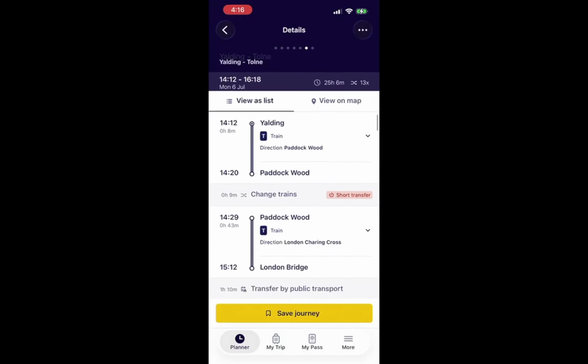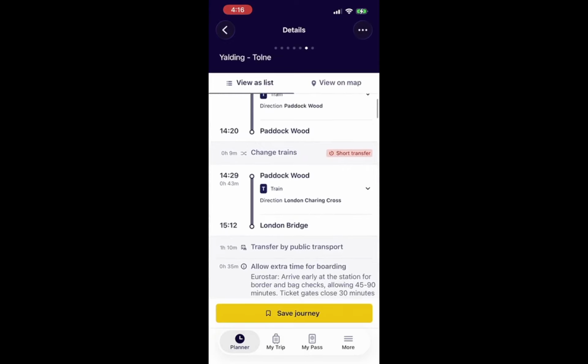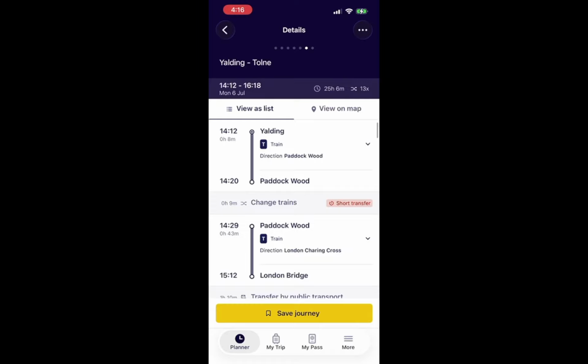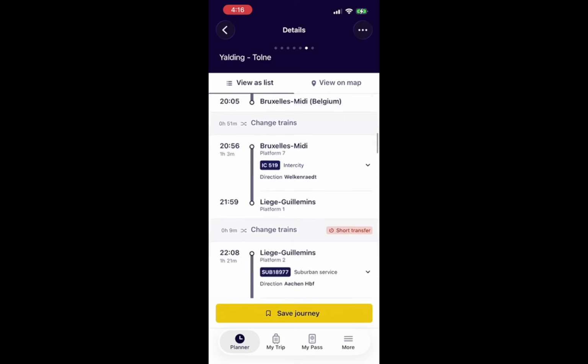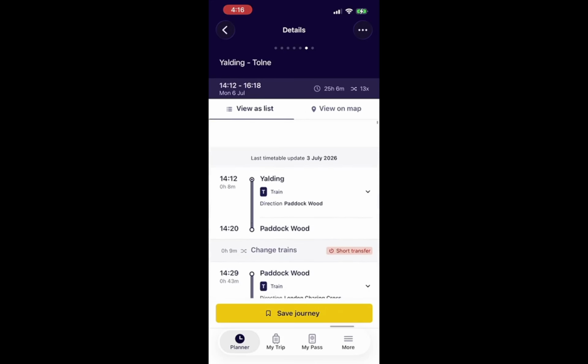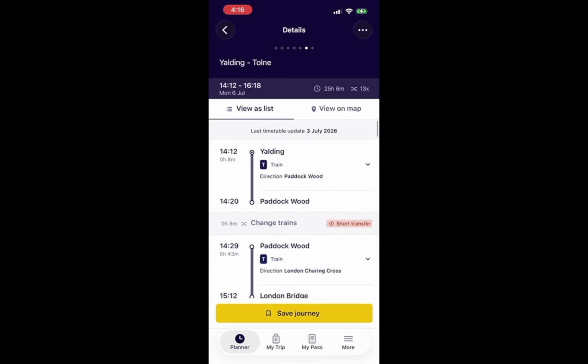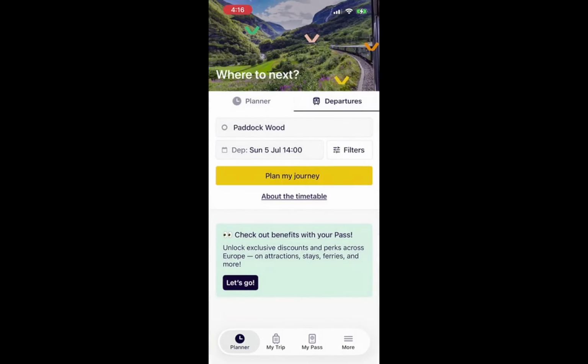If a reservation is required or available, tap on Book Seat Reservation or simply Book. This step will take you to the reservation details page. Here you will see crucial information about the train, such as the price and seat availability. This information allows you to make informed decisions about your travel, ensuring you are aware of any costs involved before proceeding. Next, review the reservation details carefully.